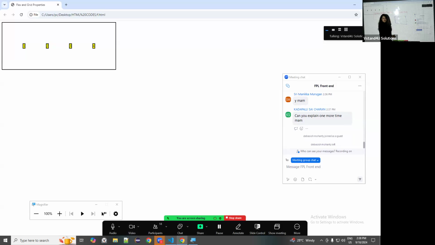Okay, done. So now you have to display one what container? You have to display one outer container, and inside this what I want,